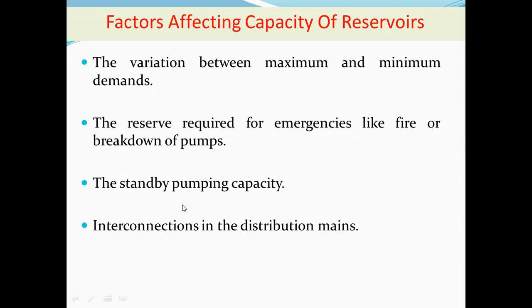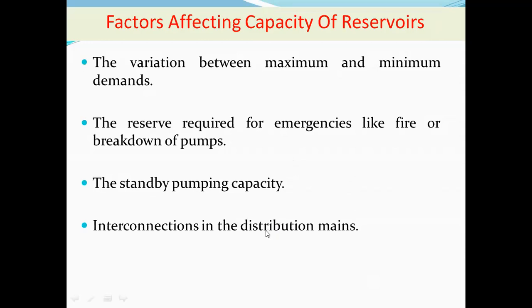Then third factor is standby pumping capacity. So standby pumping capacity means how much water can be pumped with the standby pumps. Okay, म्हणजे त्या ठिकाणी जर इलेक्ट्रिक फेल्युअर वगैरे झाला असेल तर त्या ठिकाणी स्टँडबाय पंप्स किती आहेत, एक्स्ट्रा पंप विच आर रिक्वायर्ड टू मेंटेन द कंटिन्युअस सप्लाय ऑफ वॉटर फ्रॉम द ट्रीटमेंट प्लांट. त्याची जर कॅपॅसिटी कमी असेल स्टँडबाय पंपची, देन याची कॅपॅसिटी आपल्याला त्या ठिकाणी वाढवावी लागेल. We need to increase the capacity of the distribution reservoir. Okay, if the capacity of the standby pump is less, we increase it; if the capacity of the standby pump is more, in that case the capacity of the reservoir can be kept smaller.